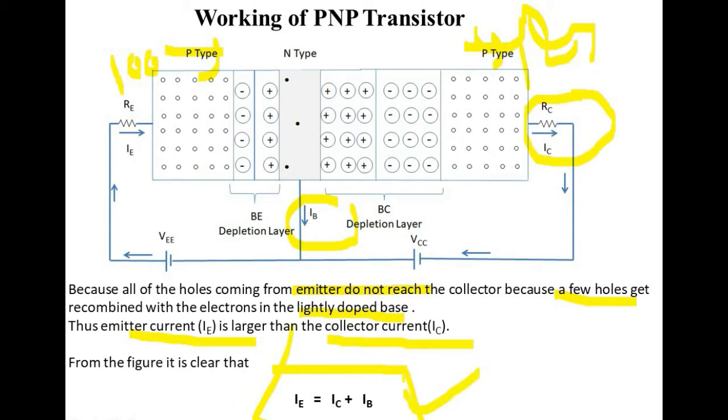This is a very important relationship that will hold true for any type of transistor or any type of configuration. Whether the transistor is PNP or NPN, and whether the configuration is common base, common emitter or common collector, irrespective of the configuration and the transistor type, this equation is going to hold true for all the cases.